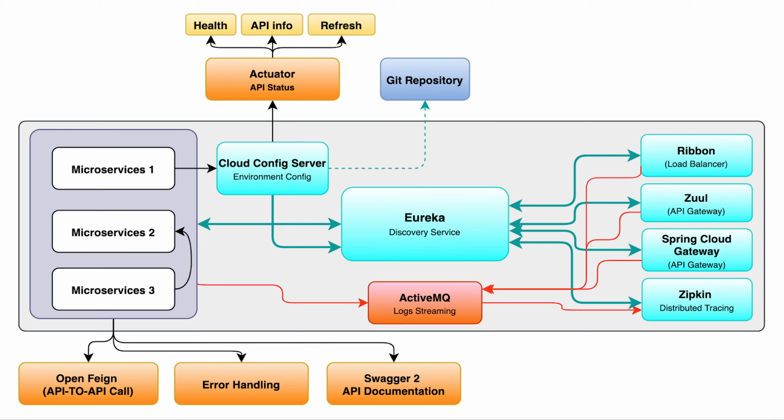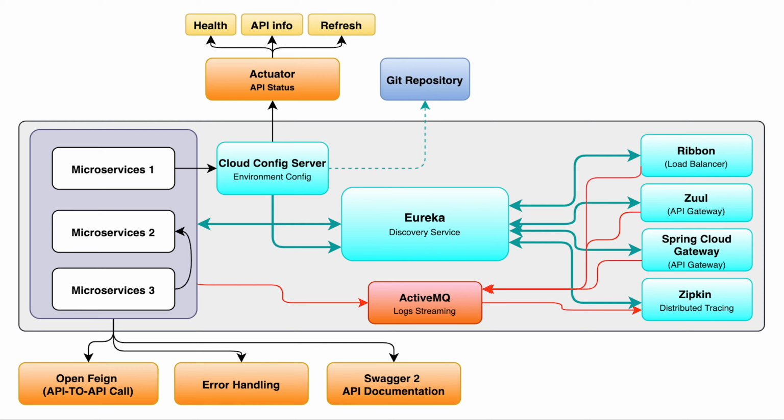We are going to write multiple microservices during this entire session, and we will start with the first component, and that is Spring Cloud Config Server. Spring Cloud Config provides server and client-side support for externalized configuration in a distributed system. With the config server, you have a central place to manage external properties for applications across all environments like development,